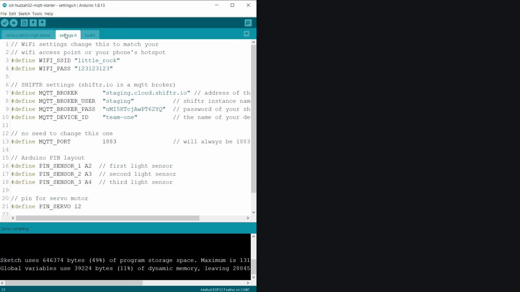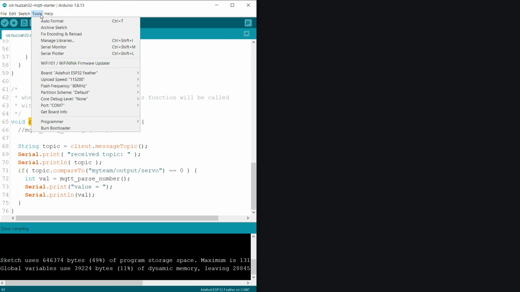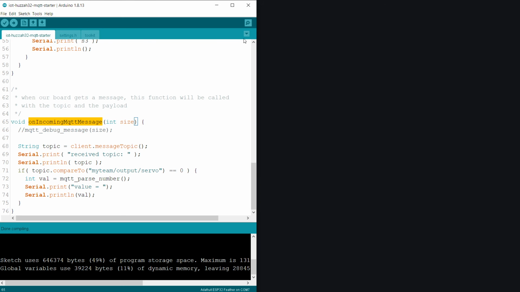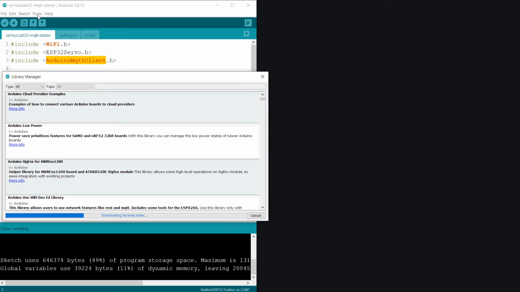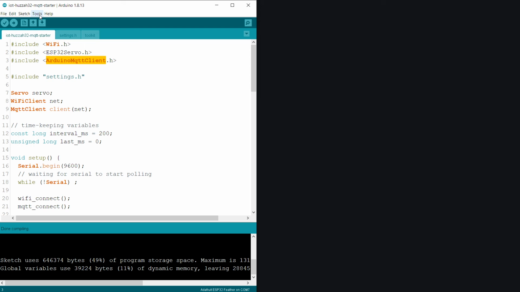Oh well, before I do that, there's one step that I forgot, and that's the first time. This sketch uses a library called ESP32 Servo and another one called Arduino MQTT Client. So make sure your libraries are installed. You can go to Tools. I'll repeat: go to Tools, Manage Libraries,